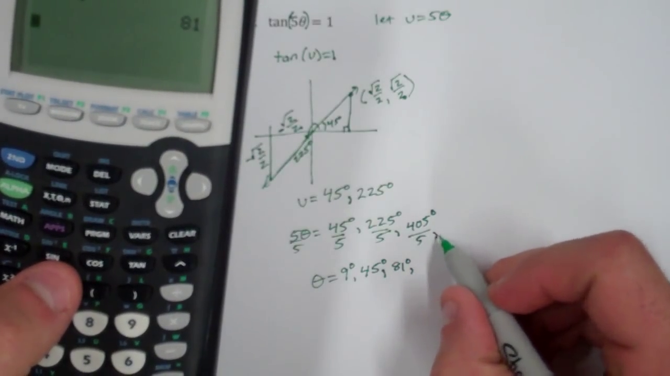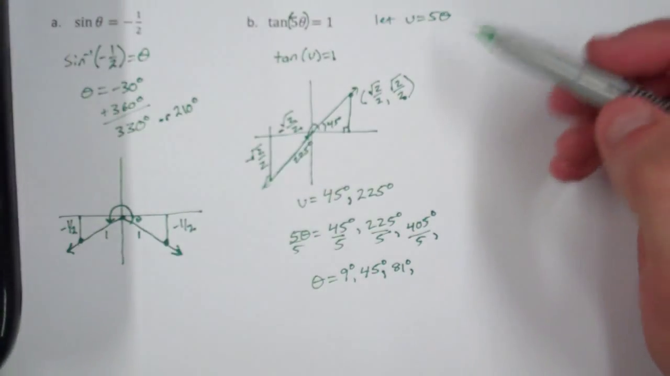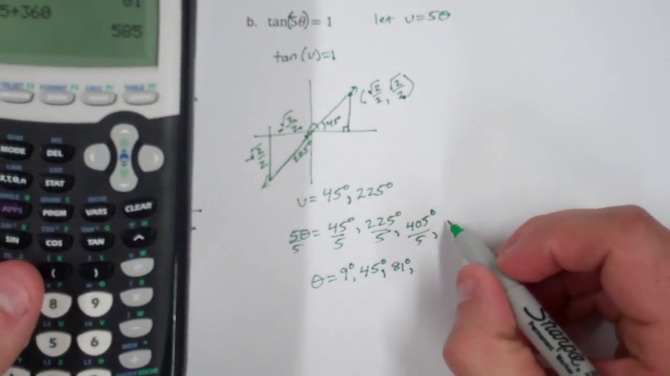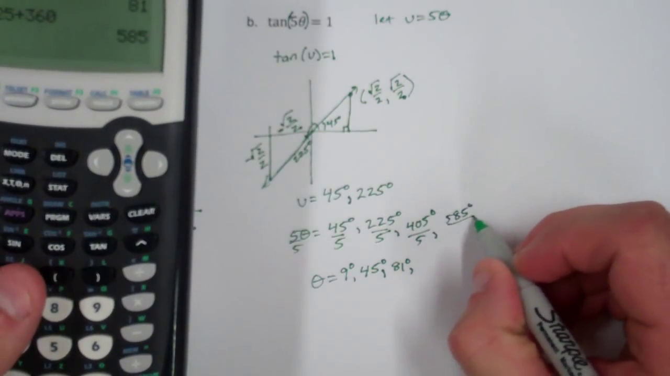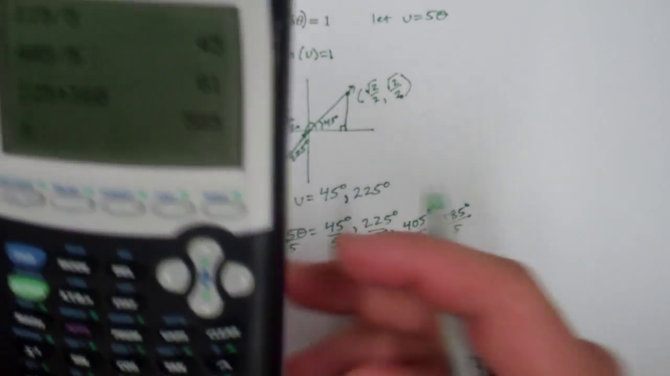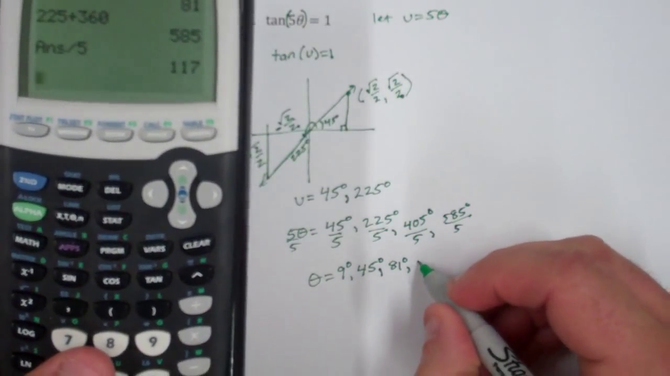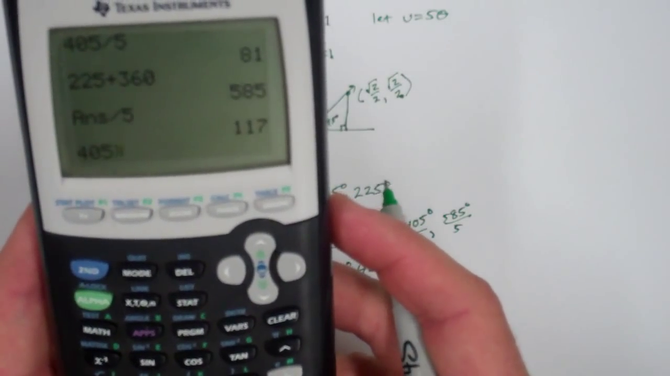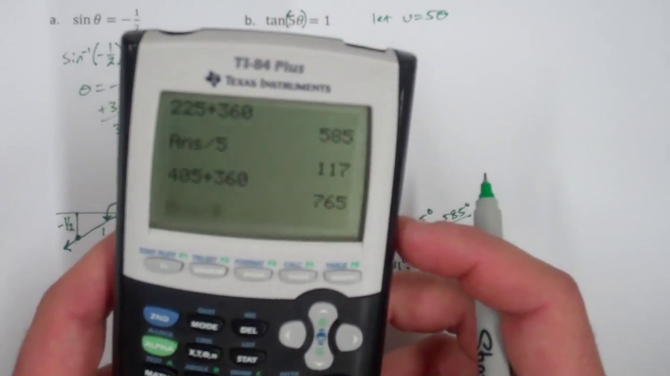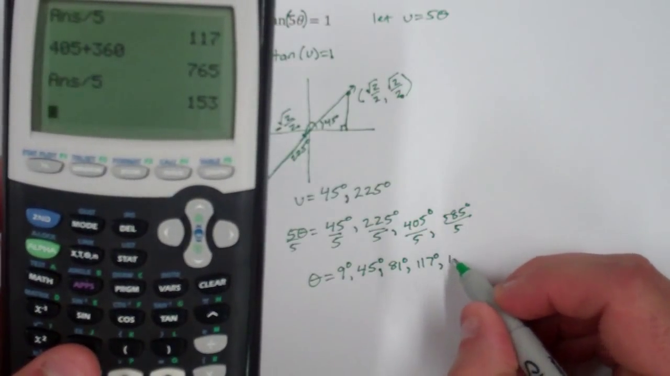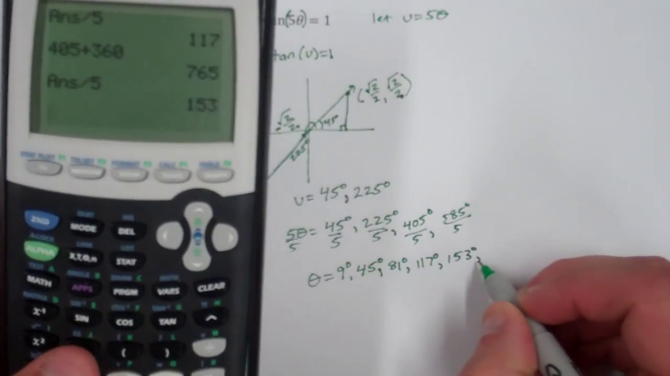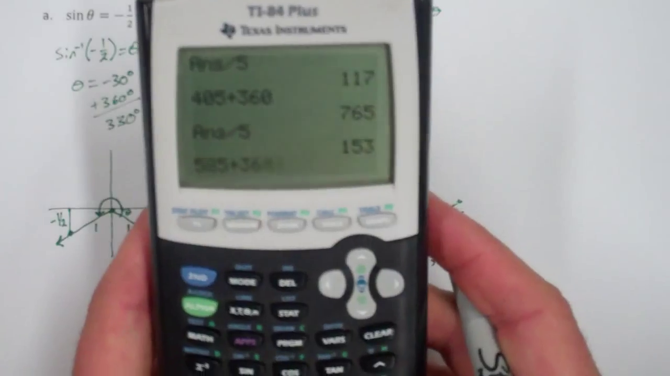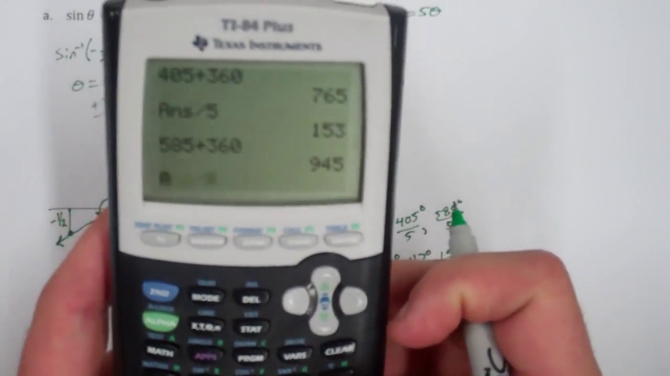We're going to have to build another one. So we did a coterminal angle of 45. Let's do a coterminal angle of 225, and that would be 585. And remember, we're solving for theta, so we'll need to divide that by 5. 117. We'll keep going, so we'll take 405, add 360, those are coterminal, divide by 5, we've got 153, getting closer. We need to check one more, so we're going to go 585 plus 360, that's 945, then divide that by 5,